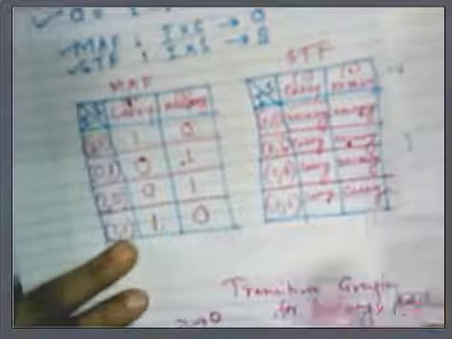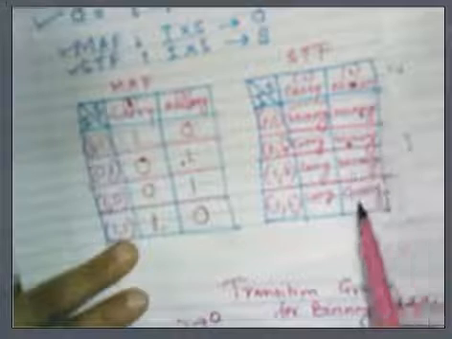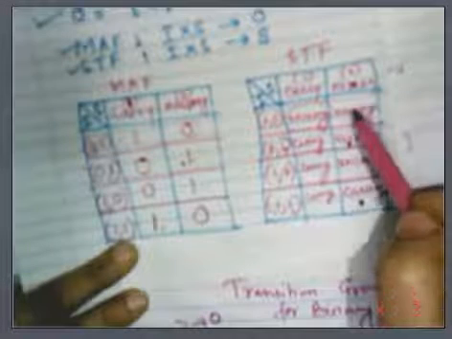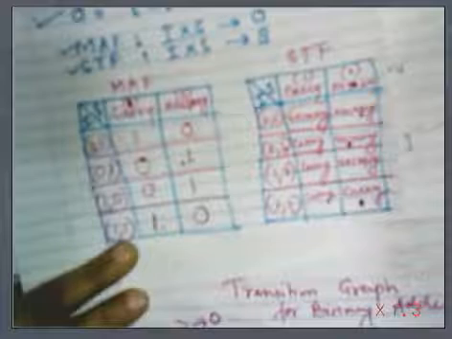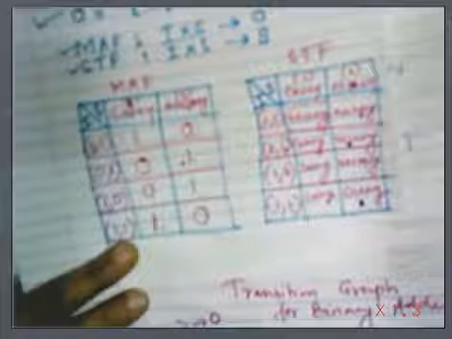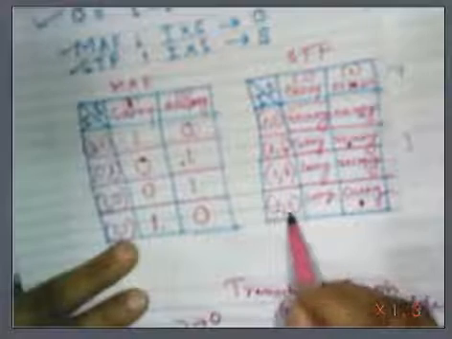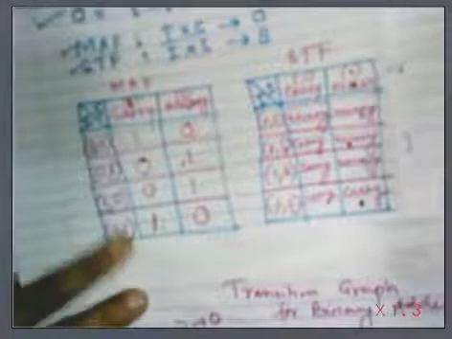Now finally the combination is 1, 1. Current state is no carry, then it is moving to carry state. So the next state is not no carry. In the earlier three cases, the next state was no carry. That's why it is coming to the same state, a self loop. But in the last case, when input is 1, 1 and your current state is no carry,